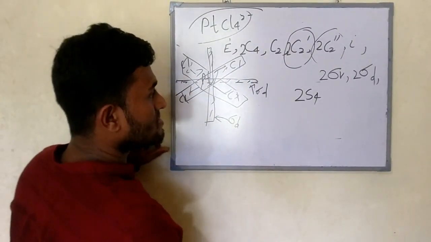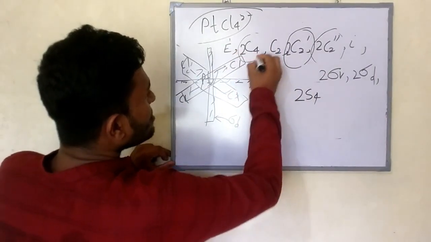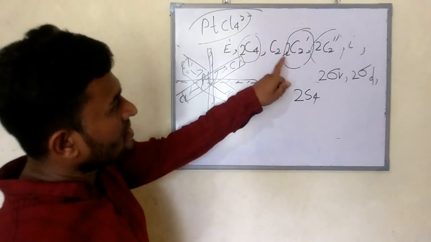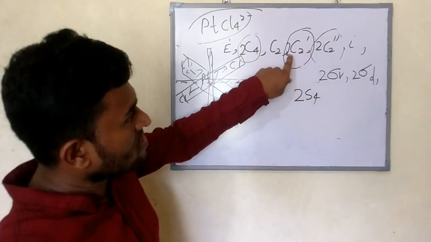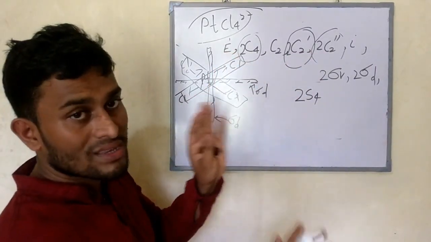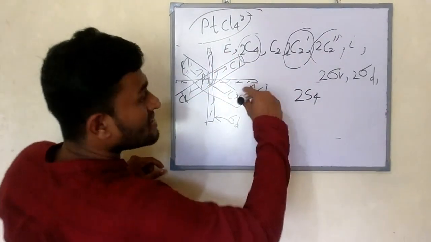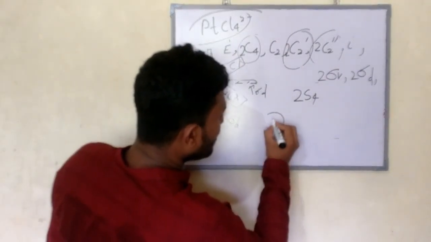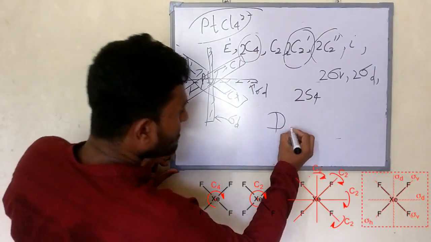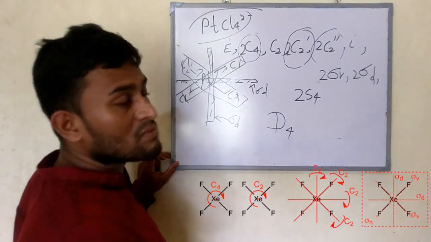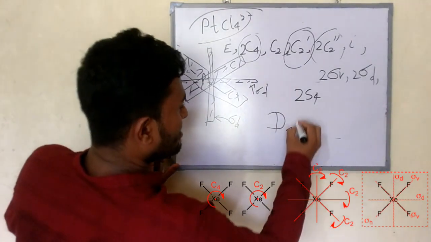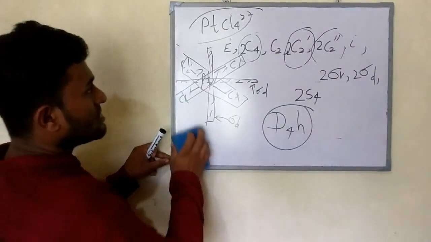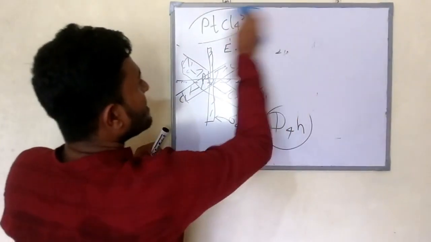Now what is the Schoenflies symbol? Here the highest order or the principal rotation number is 4, and the number of other C2s is 4. So both things are same. So if the things are same or the other C2s are higher, the group will be D. Then the highest number will be 4. Then in the planes of symmetry you need to give priority to the H. So this is D4h point group. So this is the symmetry analysis for PtCl4.